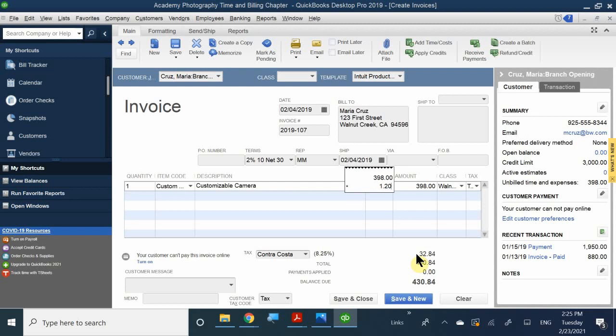That's how you mark up the $398 and also add on top of that 20%. So if you just did only 20%, it's only going to show you 20% of the $398. But in this case, I'm doing 1 plus the 20%. So therefore, if I press enter, it now changes it to